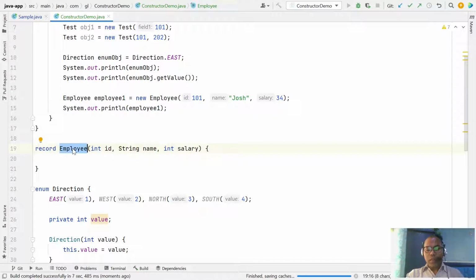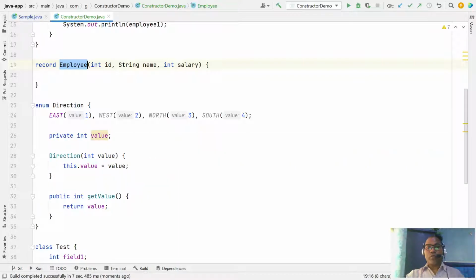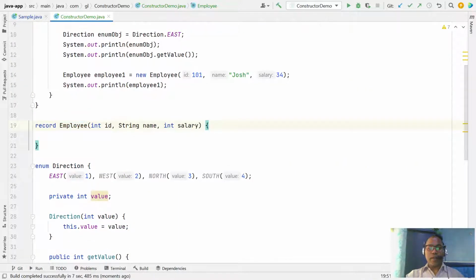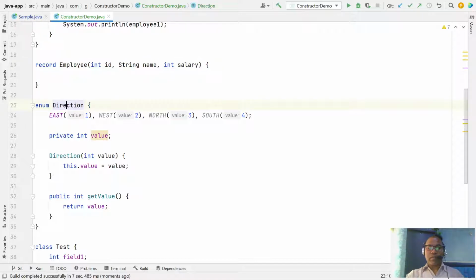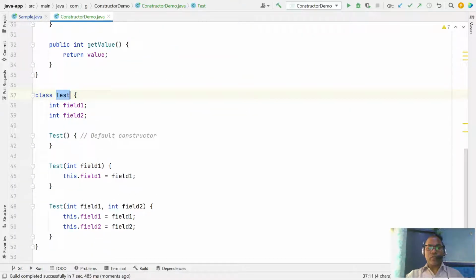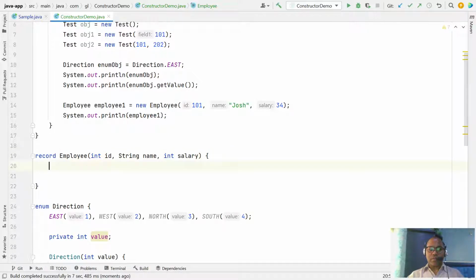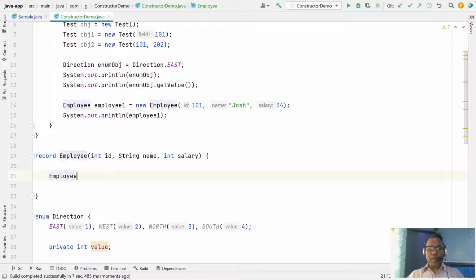So here also, sometimes I want to create some constructor. So record classes follow the same rule as enums and classes: for a constructor you use the same name as the class. Similarly, if you want to define a constructor here, you can define it like this. Let's say I want to define a constructor with just a string name.